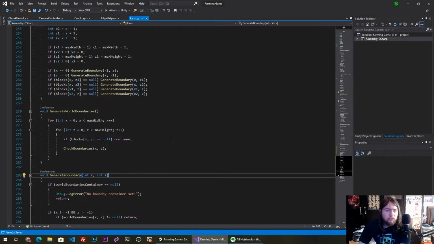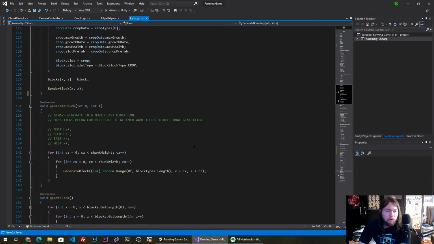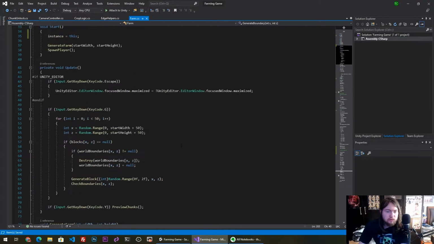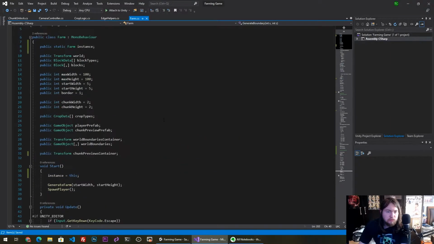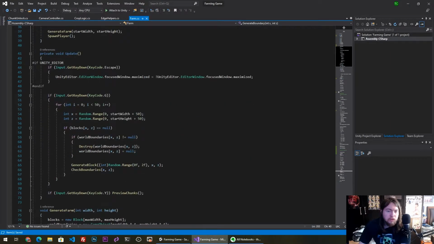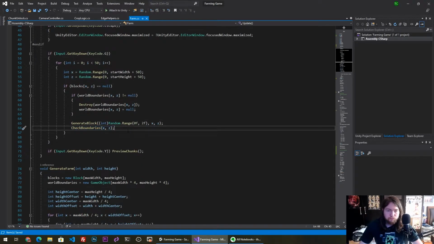That should work though, because when we're generating a block, unless... Check boundaries X, Y. So what we're actually doing is we want to do that on generating a block,